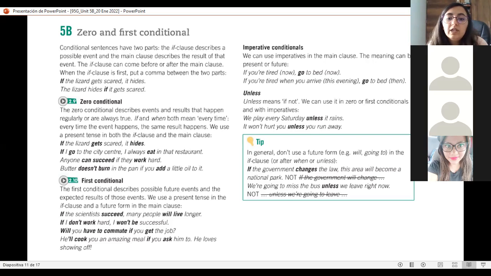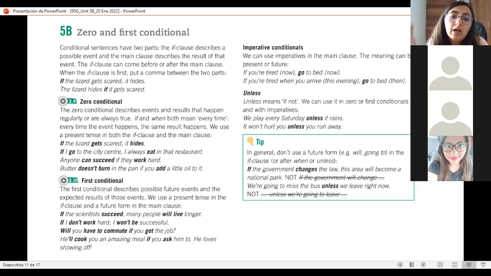En todos los condicionales, recuerden que teníamos 2 partes. La primera parte, primera cláusula o primera oración que denota la condición, ¿sí? La if clause, es decir, si haces esto, si compras esto, si lees esto, ¿no es cierto?